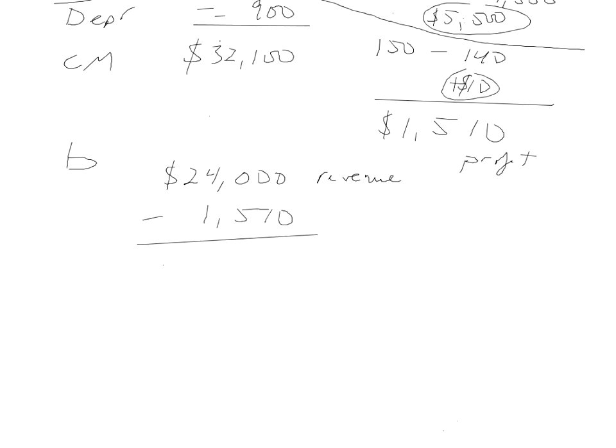So if you subtract that, then that gives you $22,490. So if the consultant offered Miss Nilly $22,490 instead of the $24,000 revenue, she would be breaking even at that point,